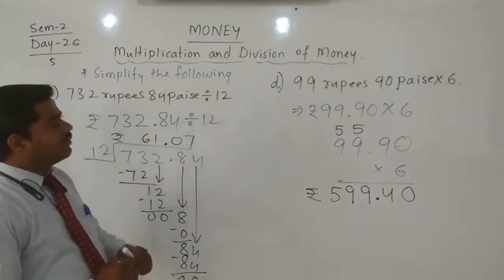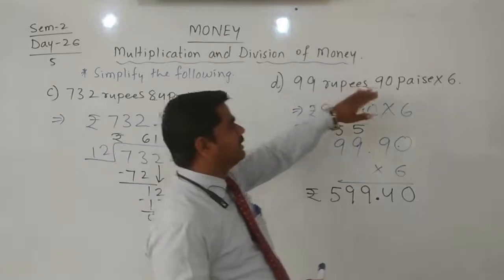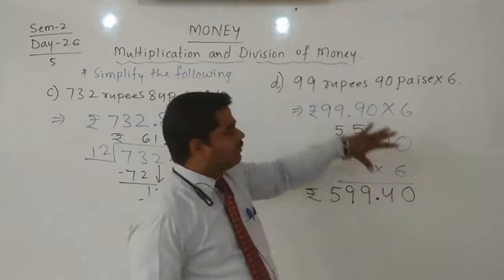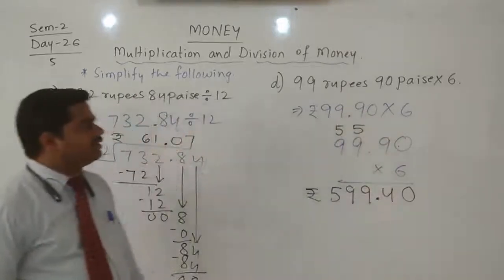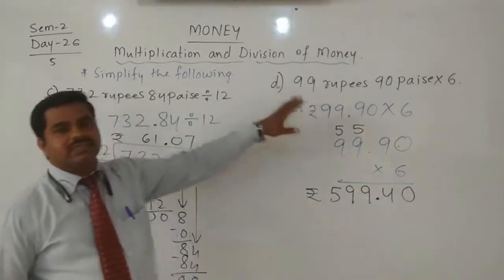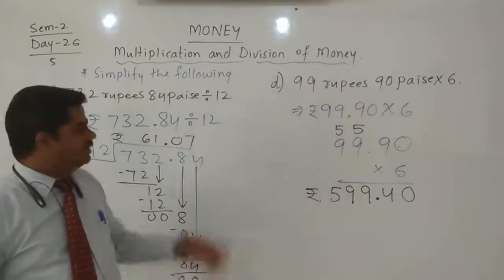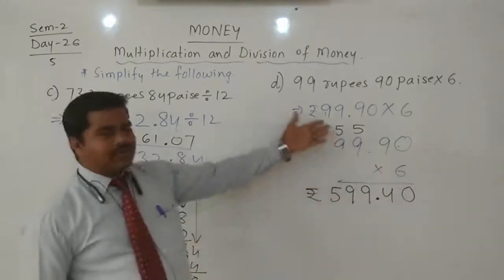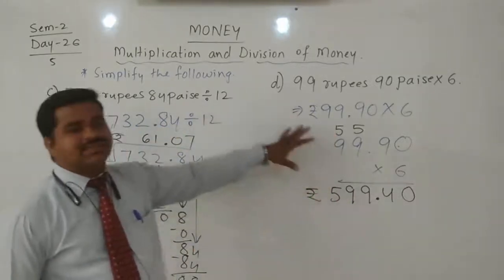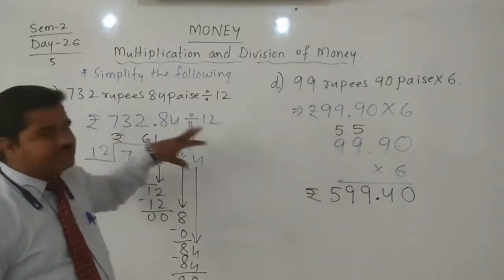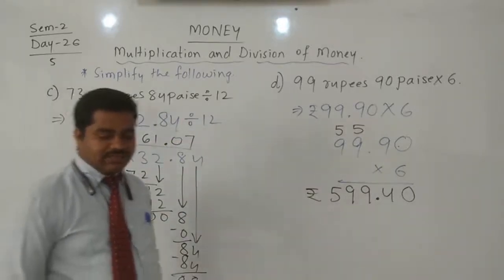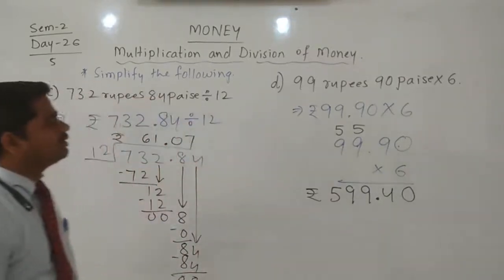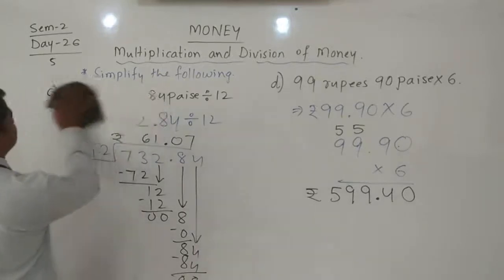If they give it in words, rupees and paise like this, you can convert it to decimal form, and if they give it in decimal form, one step will be reduced. If given like this, one step you increase, change to decimal form, and we can find the division or multiplication. This is nothing but decimals. You should be perfect in division and multiplication. After this, you can see some story problems. You can solve the story problems. So easy this is.